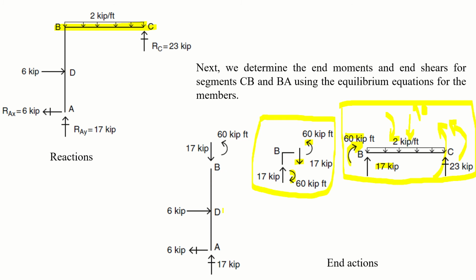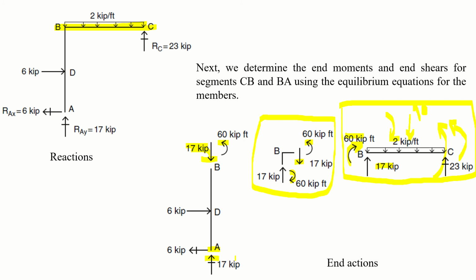So in this case, your joint B is in equilibrium. Now coming to member AB. In member AB, just apply or resist these forces. This 17 kip upward should be resisted in the downward direction, and this clockwise should be resisted by counterclockwise bending moment. Now coming to the joint A, because you have to satisfy all the equilibriums at the joints, right? We are talking about the joints. So summation of Fy: 17 kip is acting downward, and in order to resist it, 17 kip should be acting upward, right? We are good with the vertical forces.